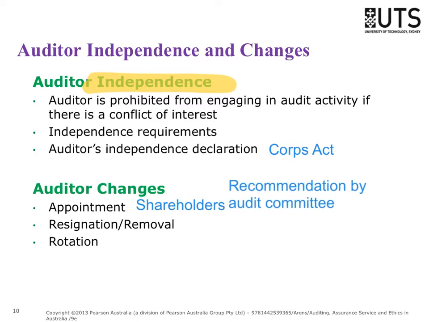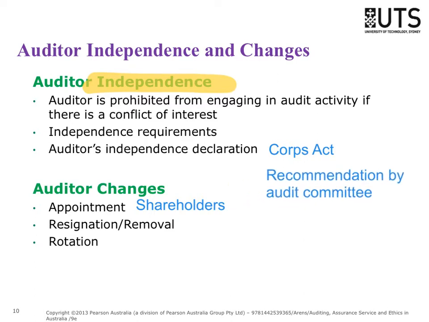All right, because certainly you don't want 500,000 shareholders sitting in a room trying to argue which auditor to go and choose. So typically what happens is that the audit committee will recommend one, and then the shareholders will vote whether to,